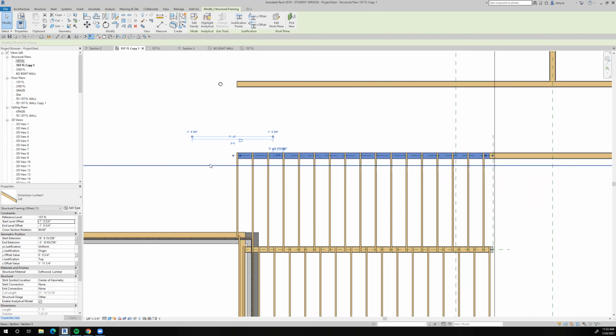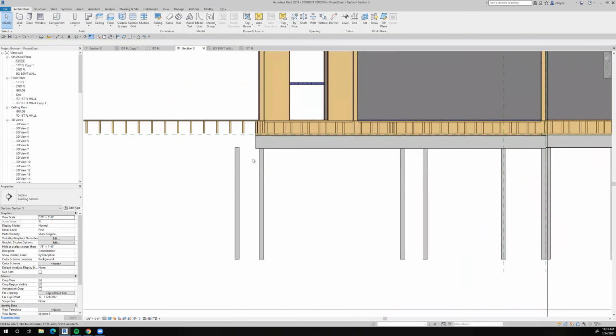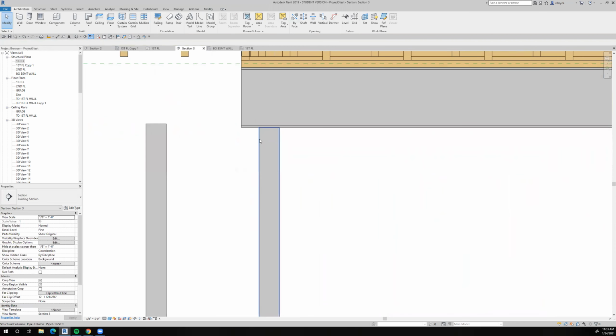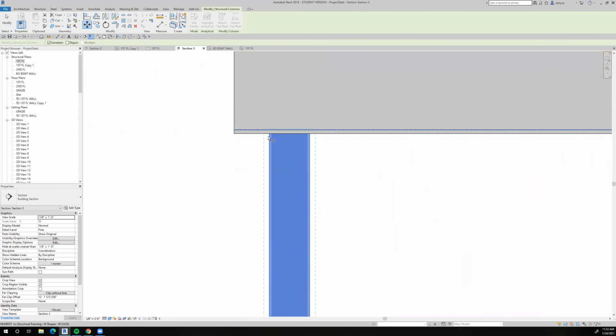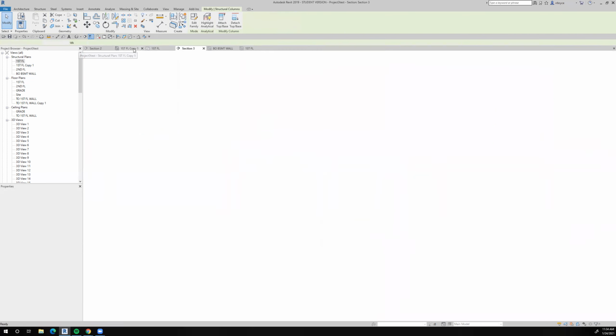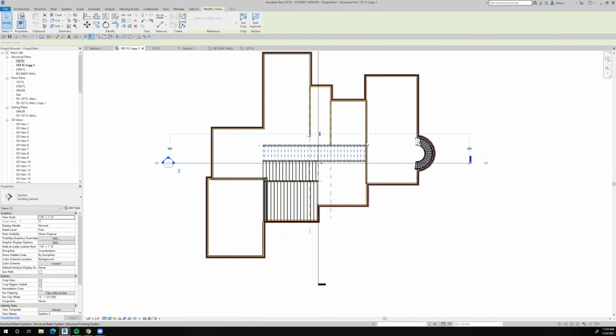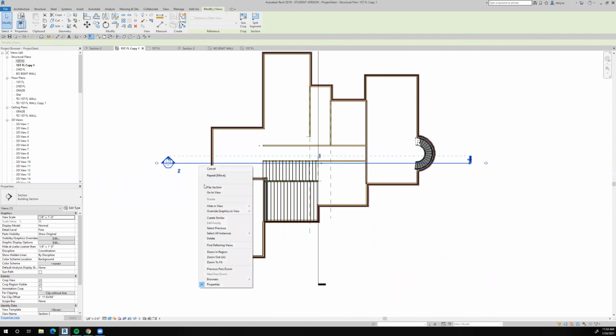All right, so let's take a look at this section now, just to see what we have. You can see that this guy now needs to move over to here, which may change my spacing. Now my depth of view in that section is too deep. I'm being confused. See how far it goes back? I'm seeing these steel columns as well. So I'm going to pull this depth of view back so that I can only see the columns that I'm